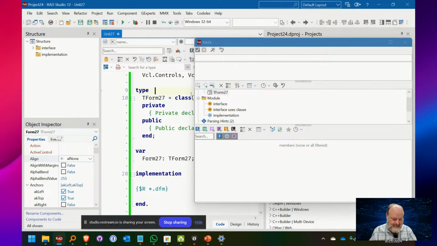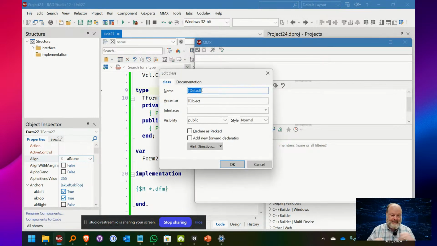All right, let me go ahead and start making a new class. So I'm going to say add class. Now, when you're making a new class, 90% of the time it should be in its own unit, but that's okay. We're going to do it in here for now. I always feel bad when I'm doing a presentation or a demo, like, don't do this in production code, which unfortunately a lot of it is, because it's easier to demo that way. So we'll just call it default. Yeah, why not? And actually, let's add an interface of T.